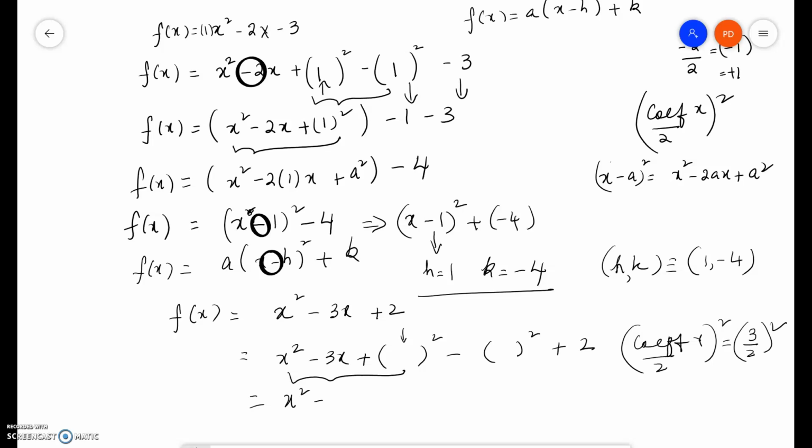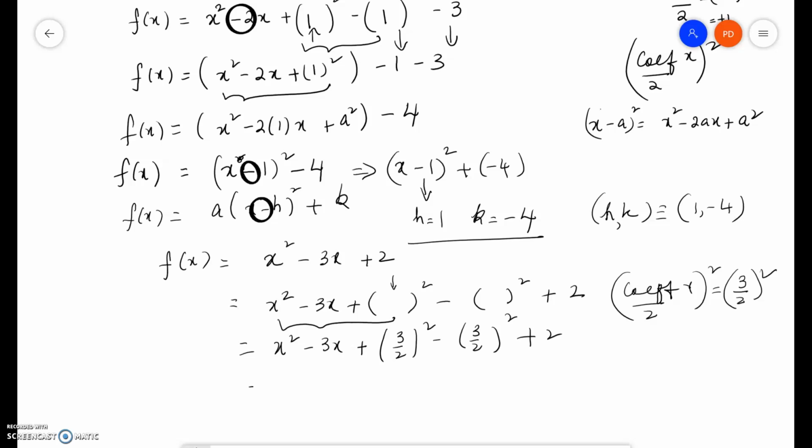So we have x squared minus 3x plus 3 halves whole squared minus 3 halves whole squared plus 2. So this is equal to x squared minus 2 times 3 halves. So that is, the 2 and 2 get cancelled. So that's really negative 3x plus 3 halves whole squared